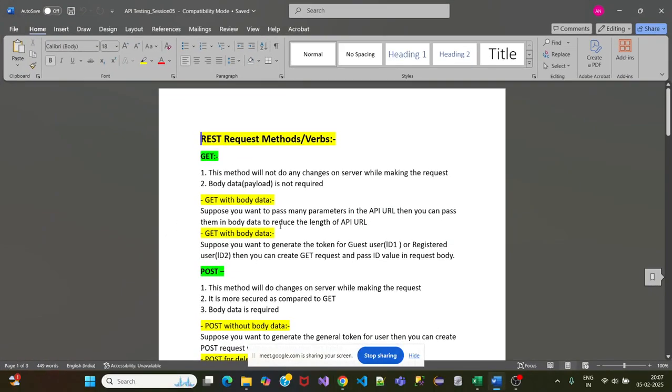Okay, I have opened the Word document. Is it visible? Yeah. Okay, great. Okay, so